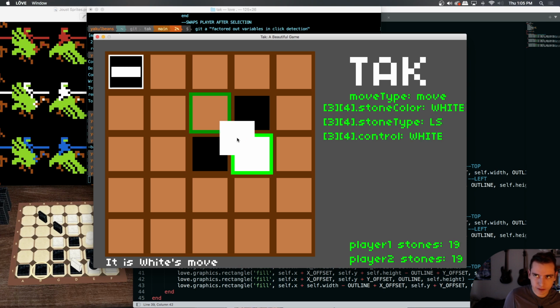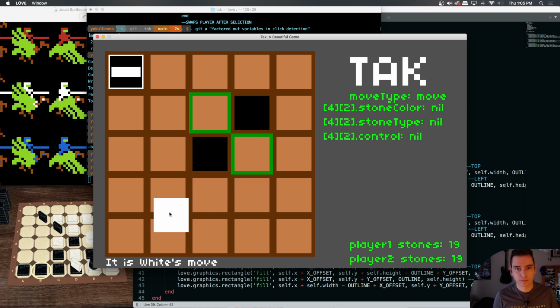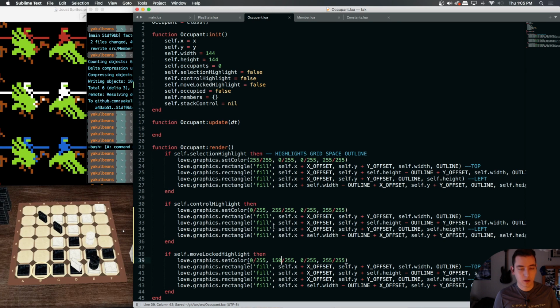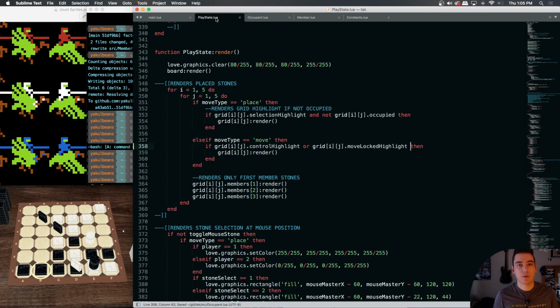So I guess first step would be to stop rendering control stack if our first move is locked, because we shouldn't be able to do that. So we need to stop rendering control highlight if our